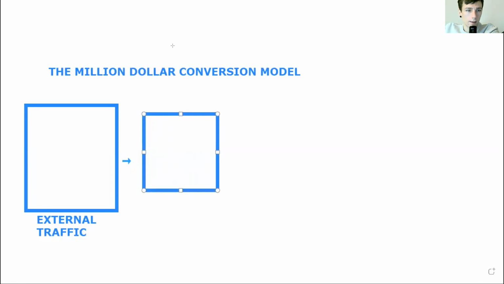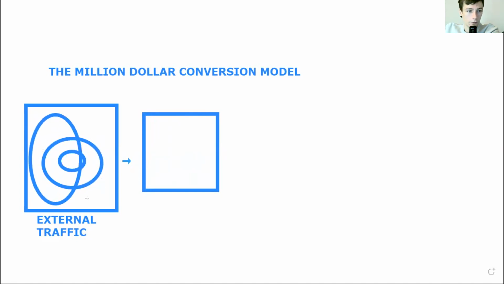But before we get into that, I'm going to explain that there are three levels of traffic. Level 1 traffic is fast results traffic. Level 2 is strategic scale. And level 3 is domination.